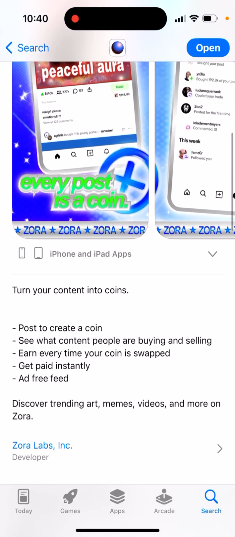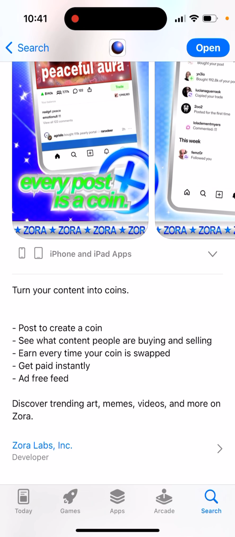Basically, this is a Web3 app based on crypto, and the idea is you just create posts with this app, and every post is a separate coin. So that's it, as I understand. And then depending on how many likes your post receives, how much engagement your post gets, your coin grows in value, and you accumulate more coin, and then you can cash it out.